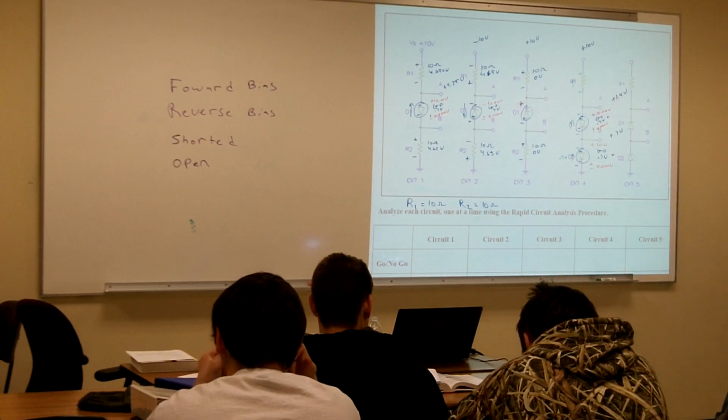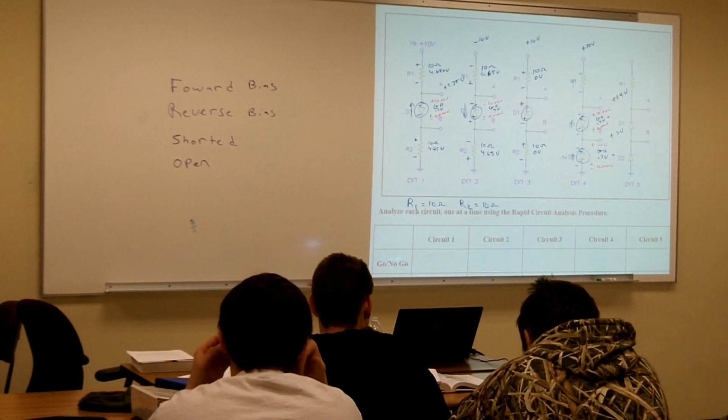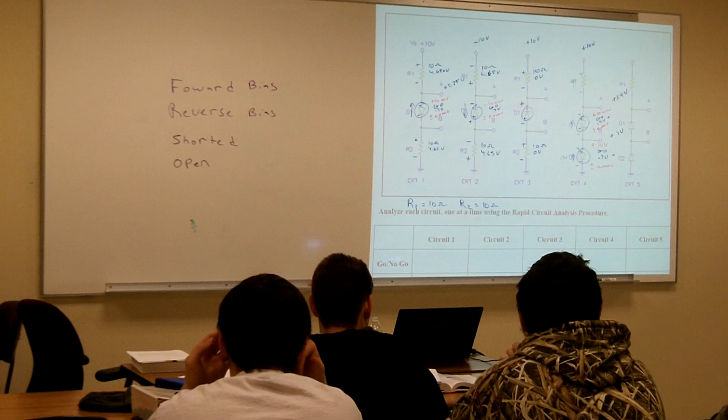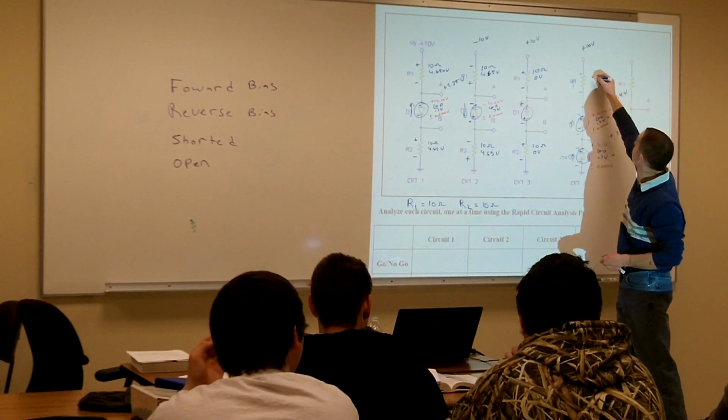Okay? The voltage on the resistor is 8.6 volts. Once they're on, it's going to be about 8.6. So if we actually have